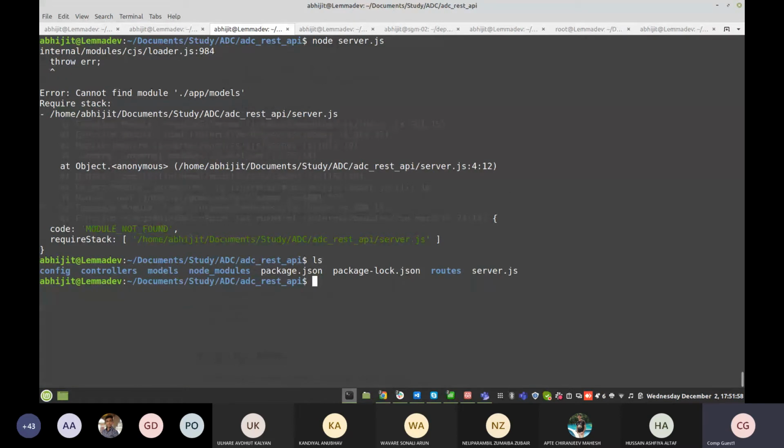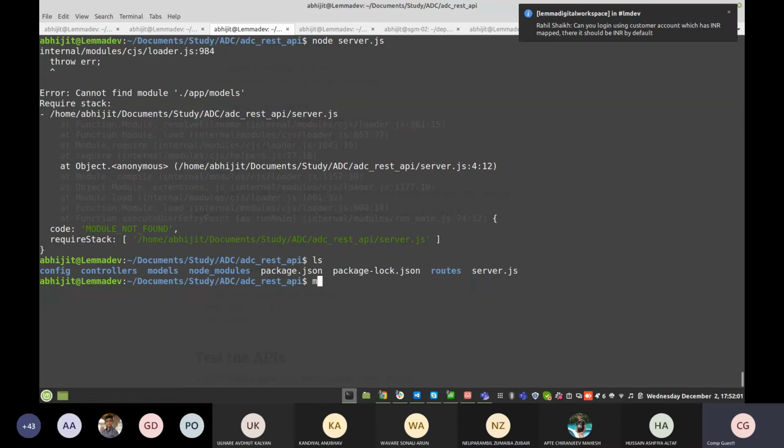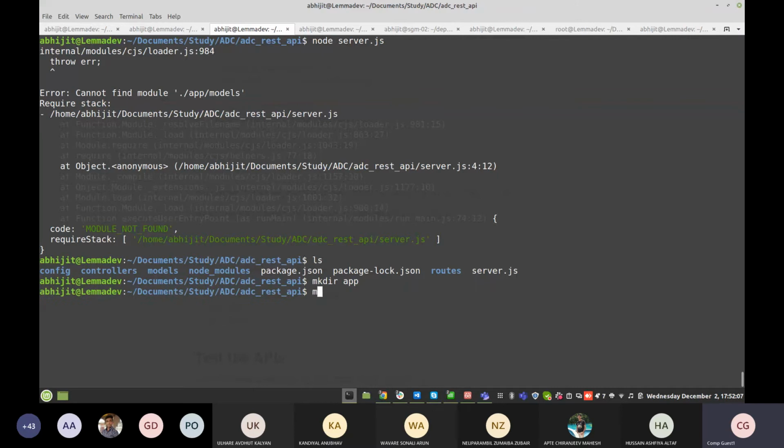so we can create mkdir app directory, move config, controller, modules into app.